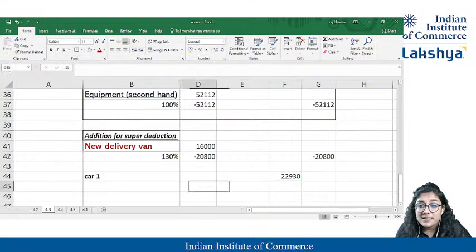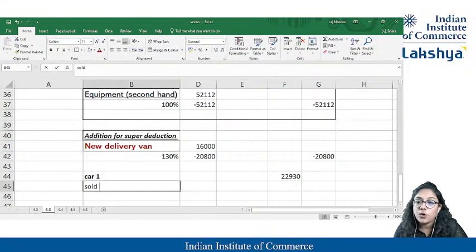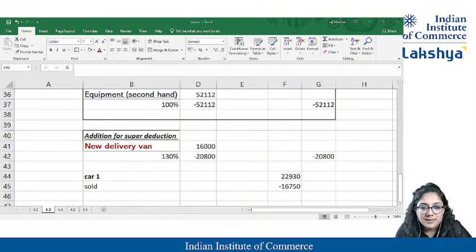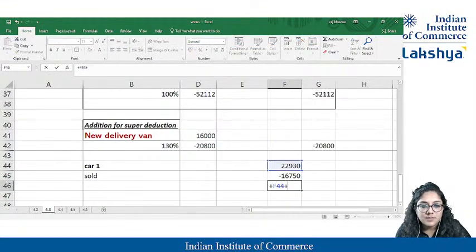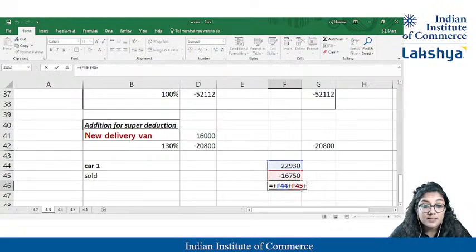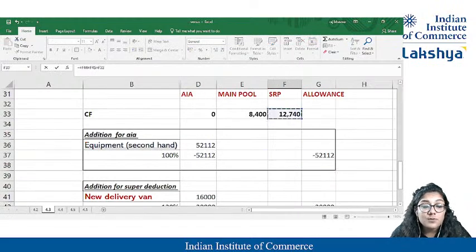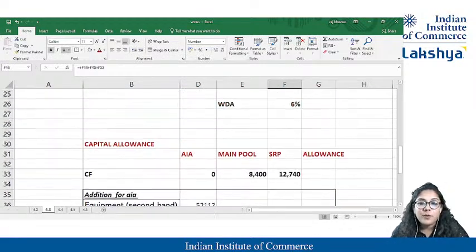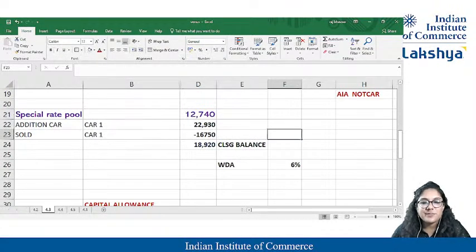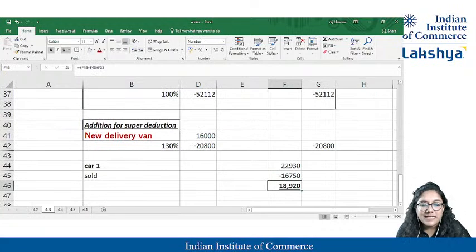What am I getting? Have I made any sales? Yeah, ma'am, you sold an asset. Yeah, you sold also in the current year. That's 16,750 you got. What is the balance, guys? My balance is, ma'am, this. Yeah, cool. But do I need to take this? Ma'am, your balance will not just be this, but opening balance also. Ma'am, that is something we already calculated over here. 18,920. Yeah, that is my special rates balance. That's all. So I got this as a pool. Yeah. This is my normal pool.